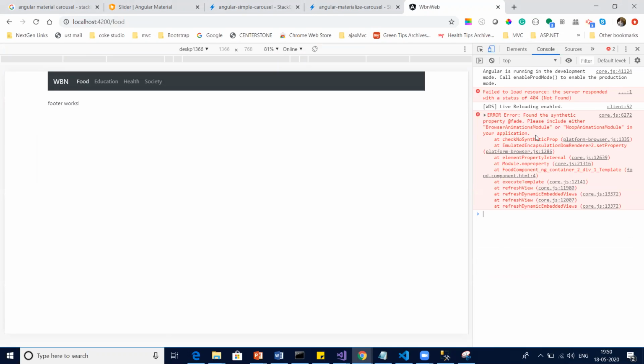It says please include the BrowserAnimationsModule or NoopAnimationsModule.